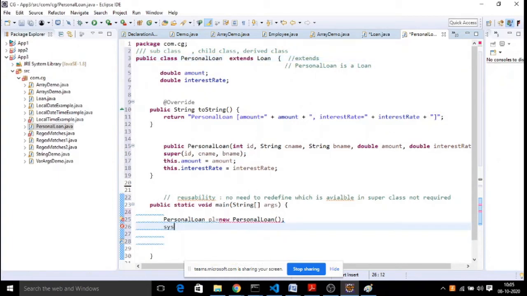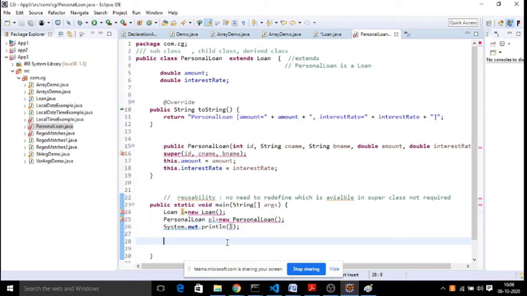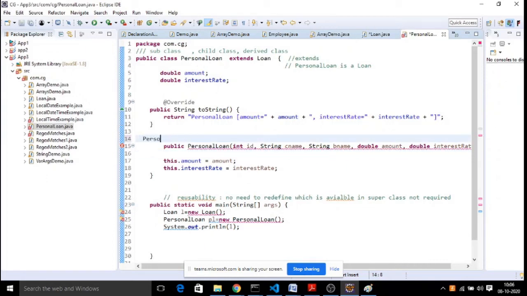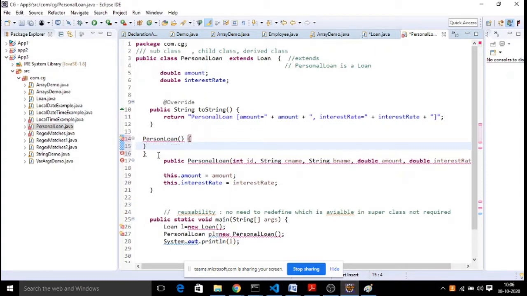So what exactly are we going to achieve with this? Now let us say I am going to print my superclass object. Superclass object means, what is the object we need to create? Loan L equal to new Loan. Right? Now when you call something from this loan class, it is as usual like a normal class you have been practicing with. Now here, as we don't have an empty constructor, you cannot create an object without passing a parameter.